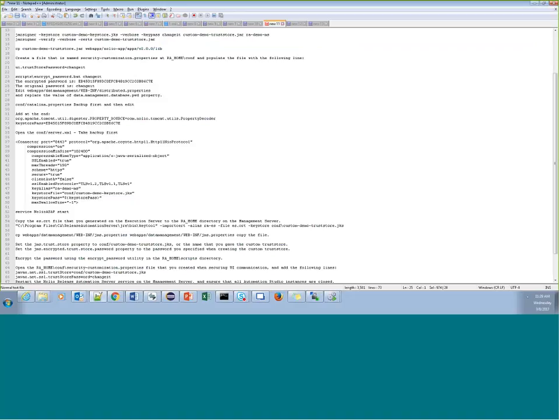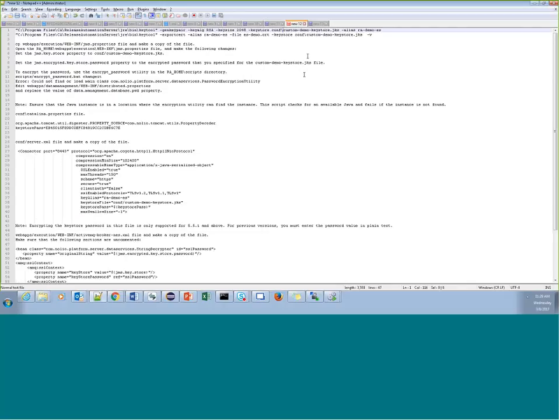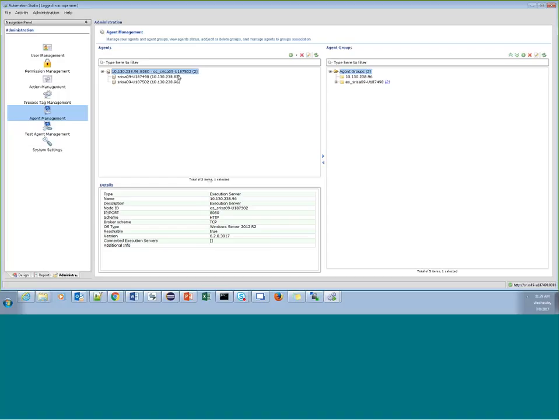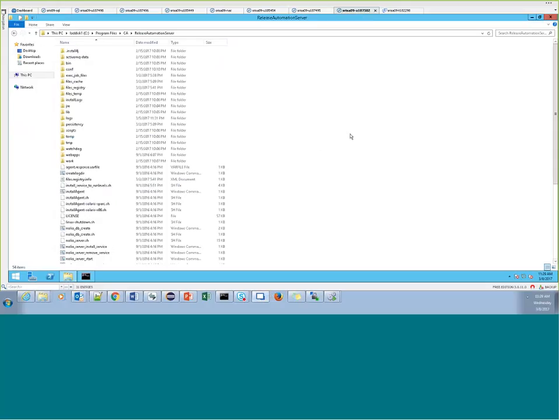After the management server is started up, let's start configuring our execution server, because we want the execution server to be ready as well once your management server is up. So for this demo, the execution server for this particular management server is this server. So I'm just going to log into this 7502,